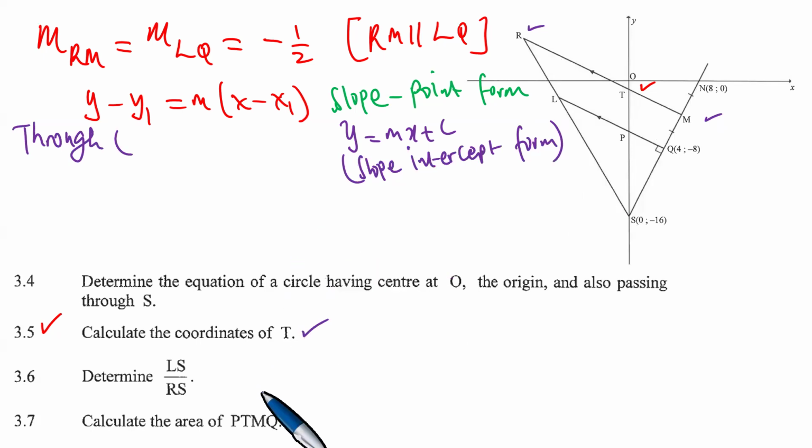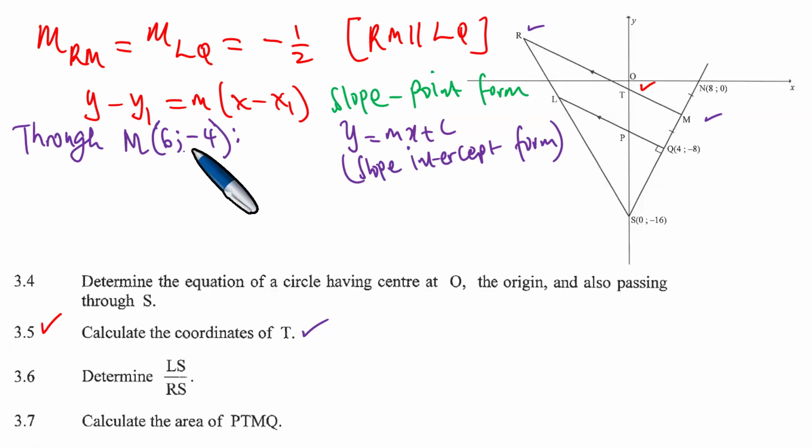The line RM passes through the point M, and this point M has the coordinates 6 and minus 4. As it passes through 6 and minus 4,